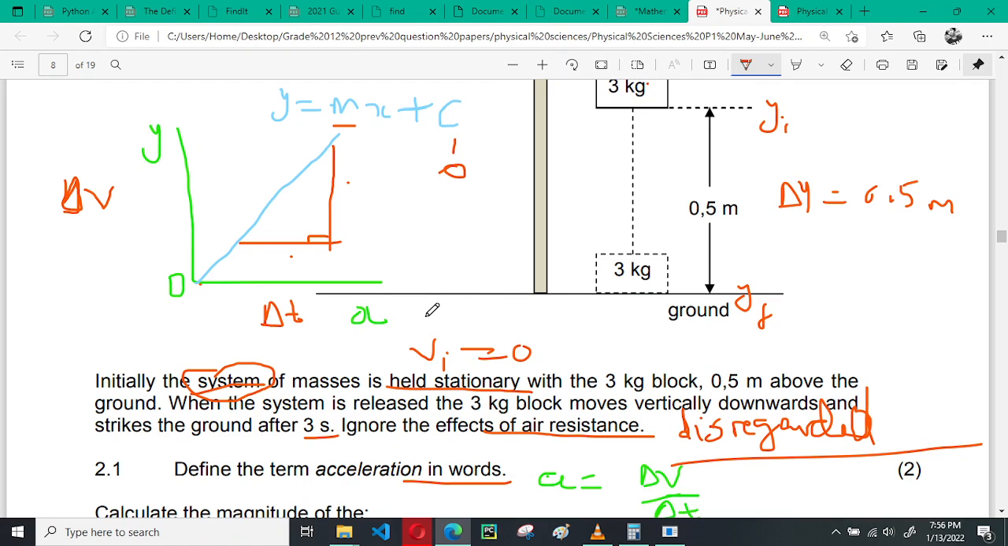All right. First question: calculate the magnitude of the acceleration of the 3 kg block using equations of motion. If you recall from grade 11, we did the equations of motion. Equations of motion are written in this way. You have your v final, which is final velocity, being equal to initial velocity